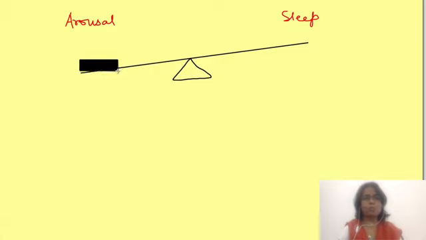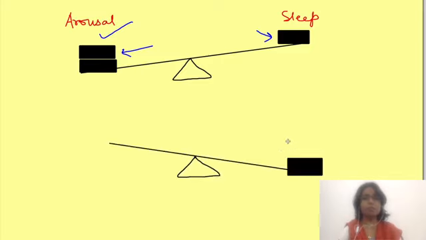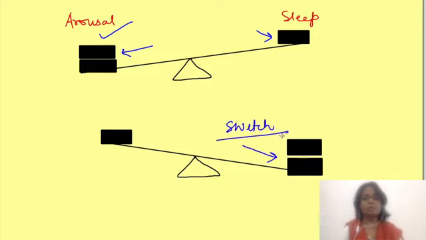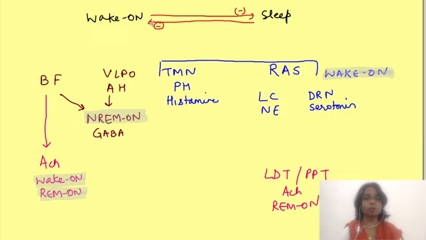Okay, so how does interaction between these different types of neurons cause switch between different states? See, state switching is kind of a seesaw. Till the time one side is more powerful, it keeps the state to itself. However, the other side also keeps trying. Then after some time, some factors weigh in which increase the weight of the other side and decrease that of the first side. And at that time state switching occurs. So let's understand this in terms of neuronal activity and connections. In a simplified scheme, all wake-on neurons should inhibit sleep neurons and sleep neurons should inhibit all wake-on neurons, with balance tilting to each side with time.